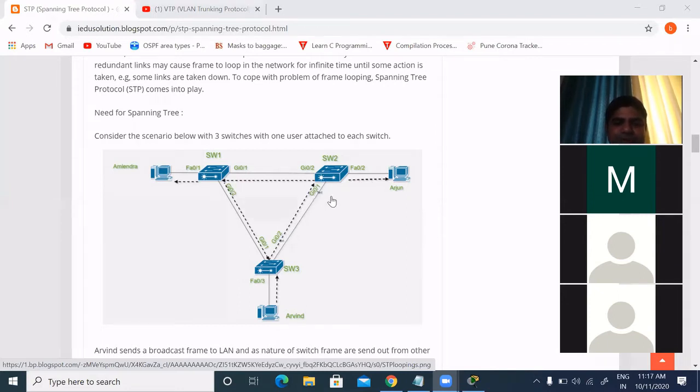Suppose this link is blocked, then what will happen? There will be a single path. Whenever switch 2 wants to send the broadcast packet again to switch 3, one of the ports will be blocked, so there will be no loop. Let me show you.